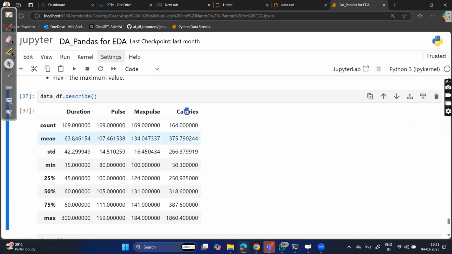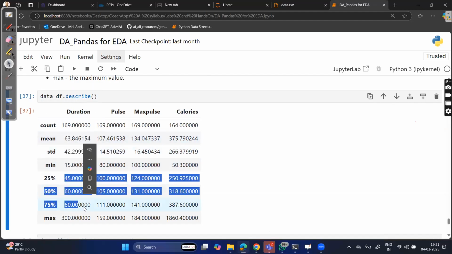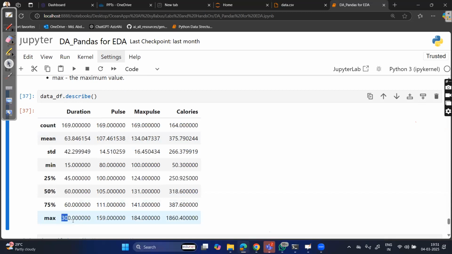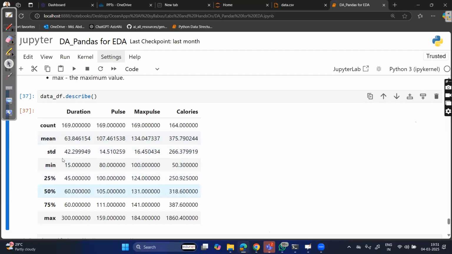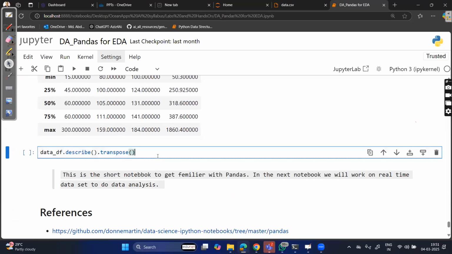right? దీనికి సంబంధించిన మీన్ వాల్యూ ఇది, స్టాండర్డ్ డివియేషన్ ఇది, మినిమం వాల్యూ ఇది, and these are the percentiles of the respective column and the maximum value. సో అంటే నా డేటా ఎలాగ స్ప్రెడ్ అయ్యి ఉంది, నా రెస్పెక్టివ్ కాలమ్స్ ఏ విధంగా స్ప్రెడ్ అయ్యి ఉన్నాయి, what will be the range of values the respective column is having అనేది తెలియాలి అంటే, yes, by using the describe method we can get it. And transpose, it will transpose rows ni columns, columns ni rows కింద చేసి just a transpose,